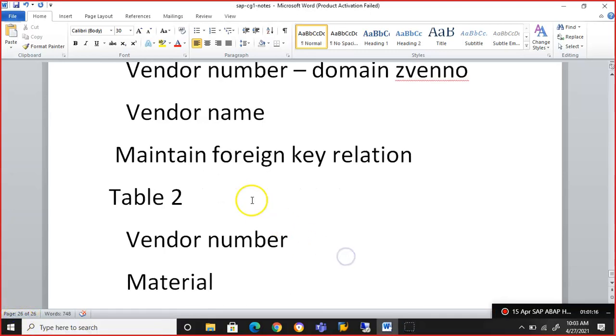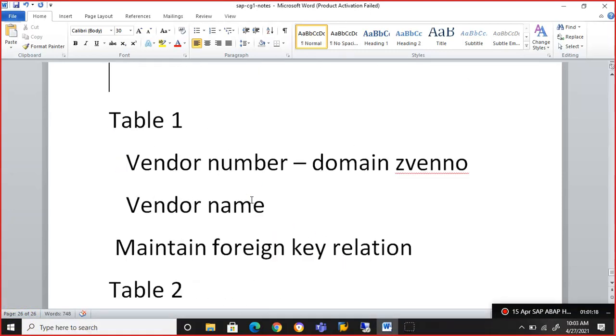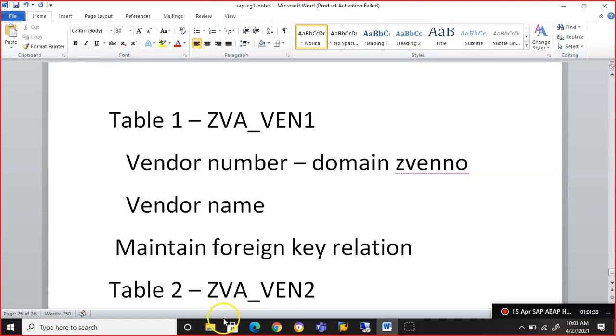So what are we doing here? We are creating two tables. Table 1, let's say the table 1 name is something like ZVA_WEN1, and this is ZVA_WEN2. Or we can also have this as WEN header, and this is WEN vendor